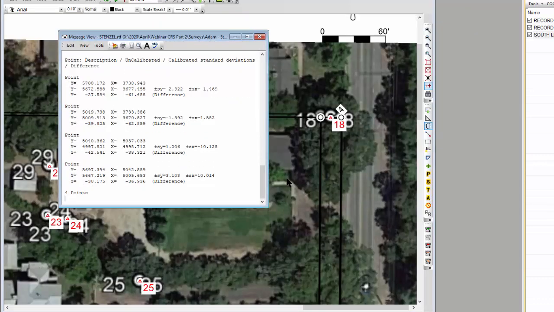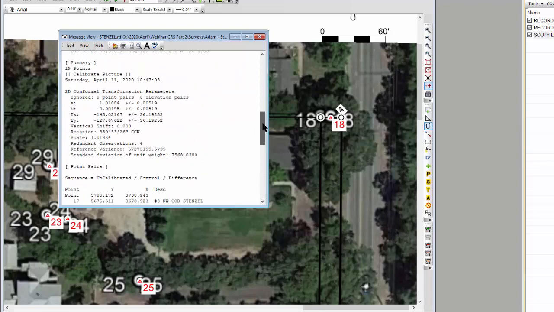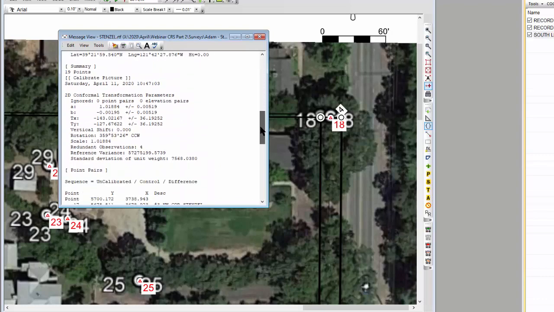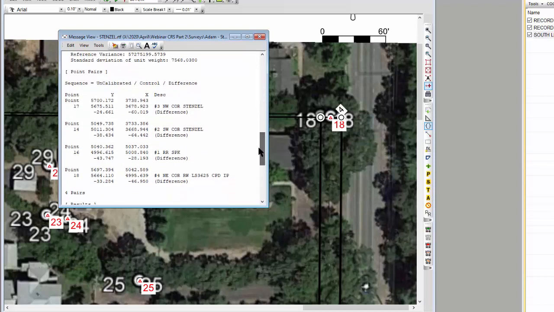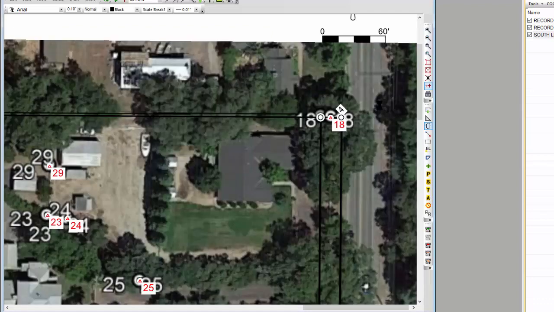Traverse PC gives me my report for the calibration. So even though I'm not saving it, it still lets me come in and see what it actually computed here. So I know what I did for scaling and rotation and offset. And of course, here are the points that it moved. And now I've got a photo